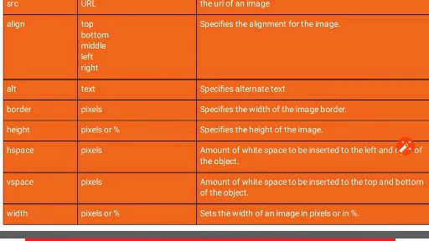We also have hspace and vspace. hspace and vspace are the attributes that specify some white space or some blank space at the left and right, that is with the help of hspace. That's why we are calling it horizontal space. Left and right of that image a white space has been provided, and vspace is used to insert white space on the top and bottom of the web page. We will see them in our HTML coding in our upcoming slides.